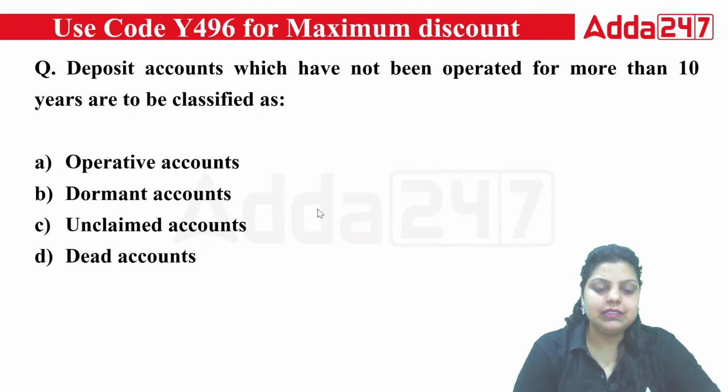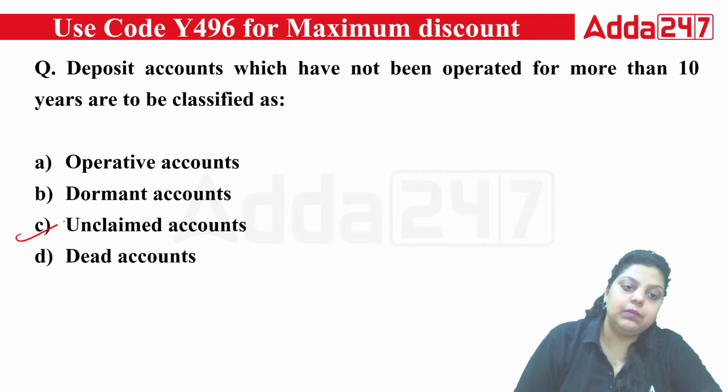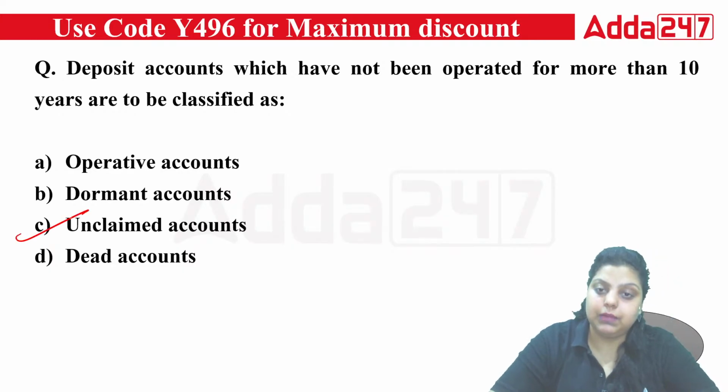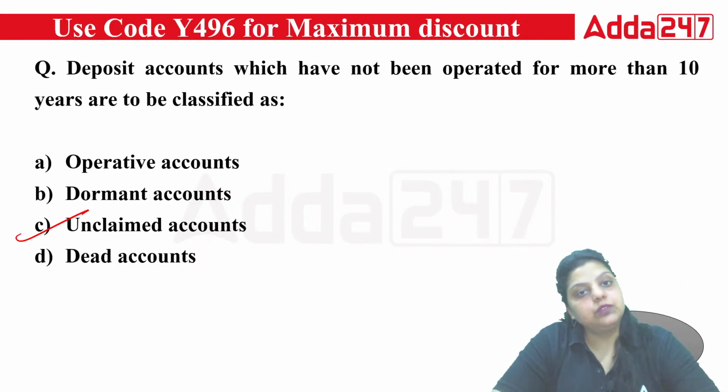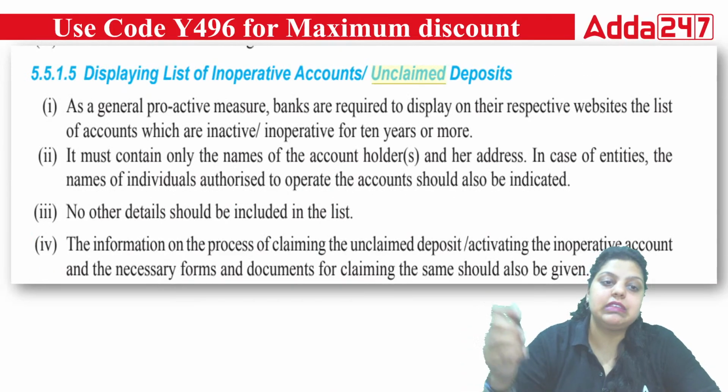I guess it's a very simple question and everybody will know the answer. Because the account has not been operated for a period of 10 years, it will be called what? It will be called an unclaimed account. They are the unclaimed accounts and their funds will be transferred to the DEF scheme after 10 years, 3 months. So you can see, unclaimed accounts or inoperative accounts, when we talk about them.